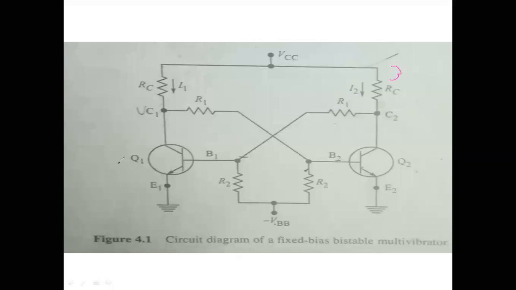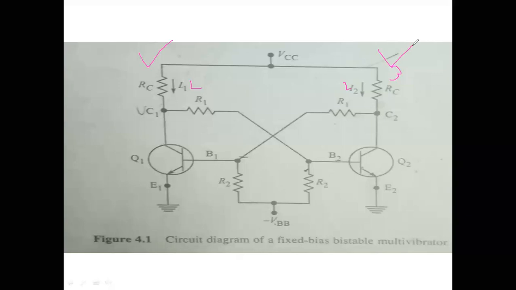Initially it may start in the active zone, and due to disturbance this current decreases. We can consider any one current, whether I1 or I2. Previously it would be at 2 amperes and the other also at 2 amperes. Due to disturbance there will be a change. Both may not be at 2 amperes; one will be at 1.9 and one at 2.1. Therefore there will be a small change in this current. Due to this change, the voltage changes. It may happen on this side or on the other side.